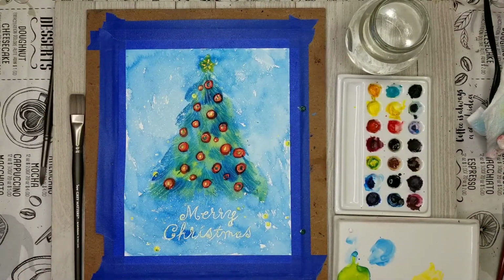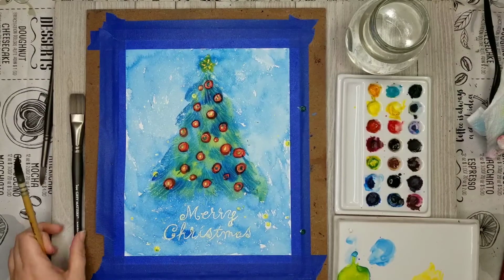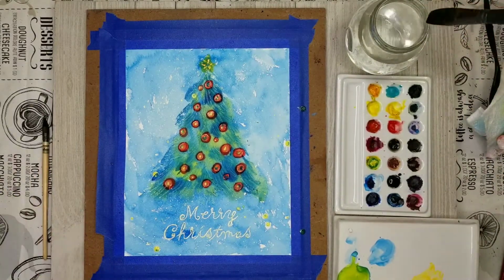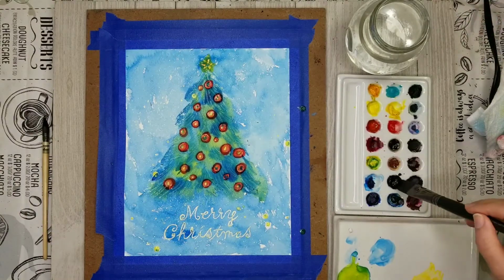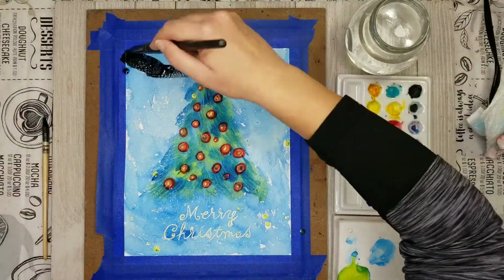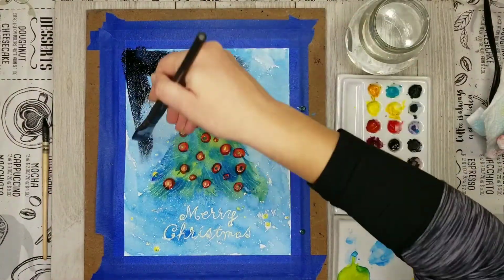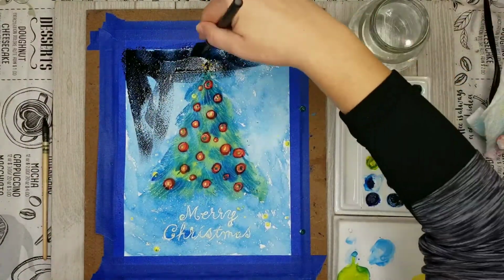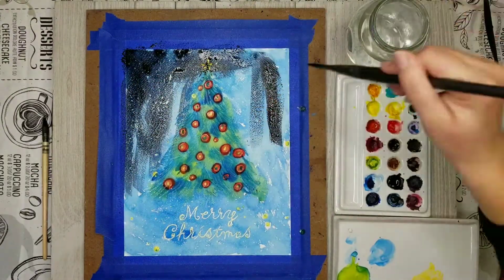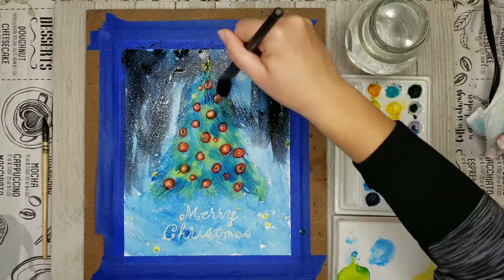And so far I haven't used my Payne's Gray, but this is where I'm going to go in really heavy and dark and very pigmented with the Payne's Gray. I even added more to my palette because I didn't want to run out in the middle of this. It's very important to do this all at the same time. So I am going over everything with this Payne's Gray, and I really wish I had a bigger brush right